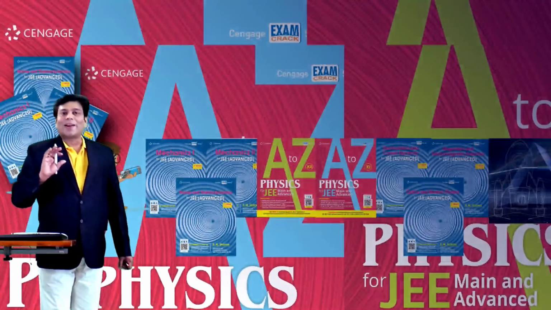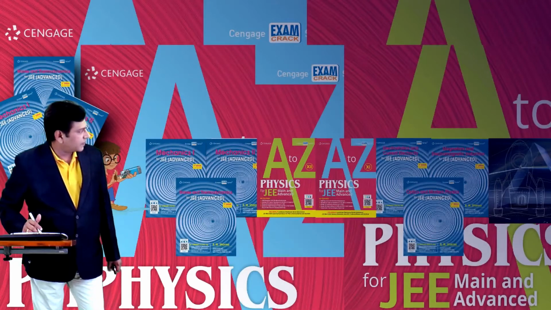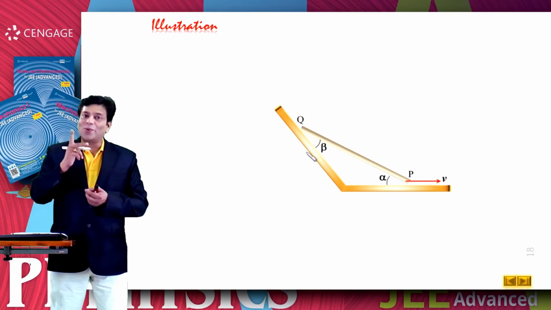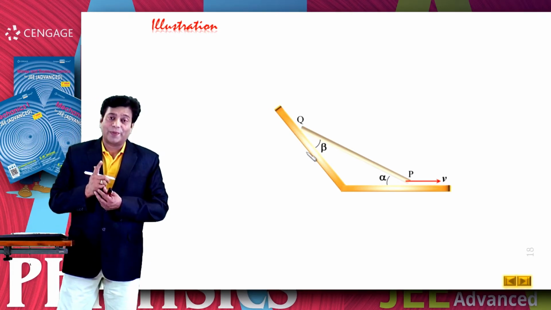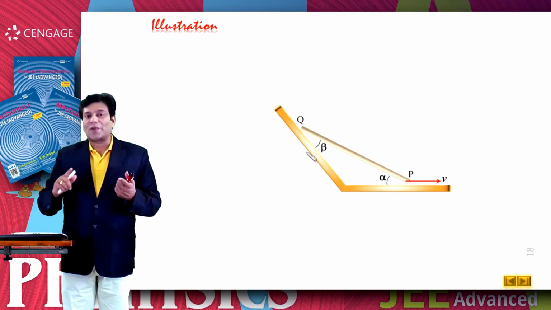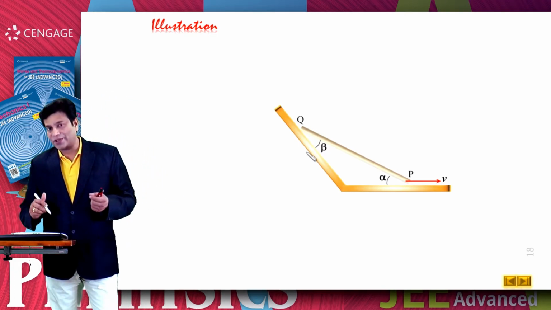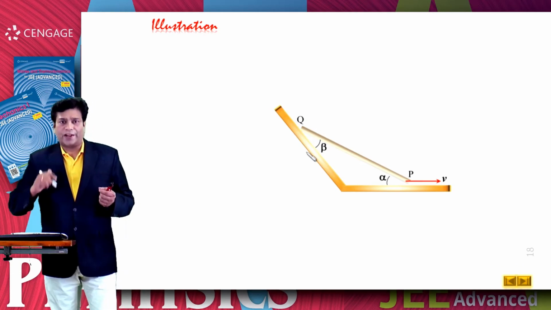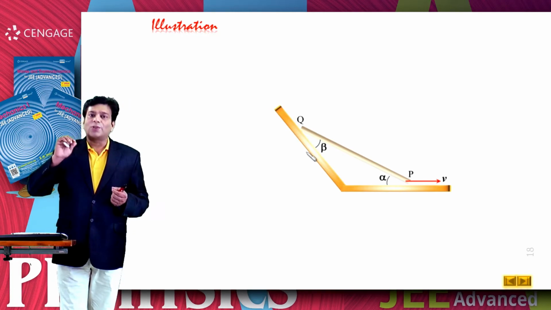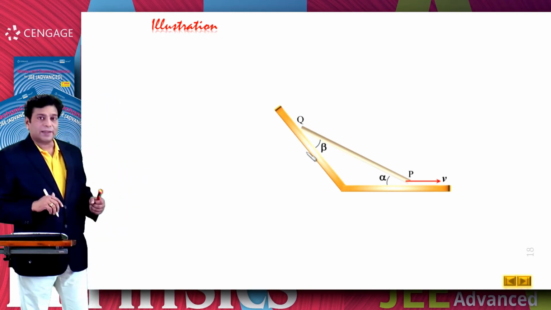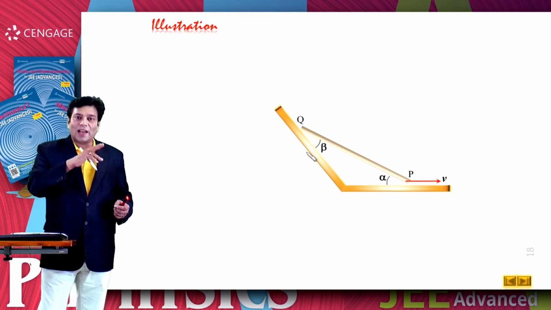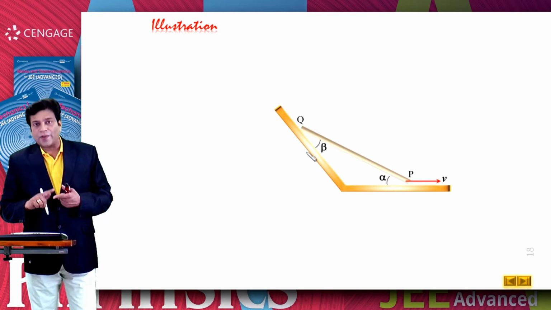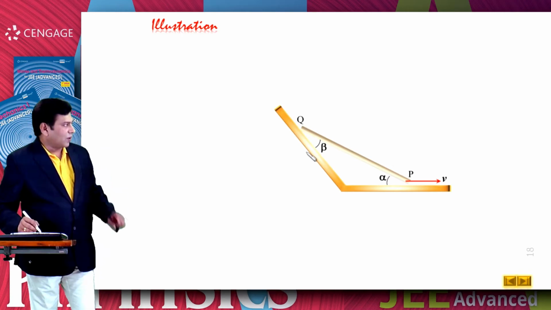Okay. Now let us take one more illustration. In this illustration, we are going to apply two important concepts of rigid body. First one is the distance between 2 points in the rigid body remains constant. That is, the velocities of 2 points along the line joining these 2 points should be equal. That's why we can say the relative velocity along the line joining should be 0. And the second concept we will use for calculation of the angular velocity.